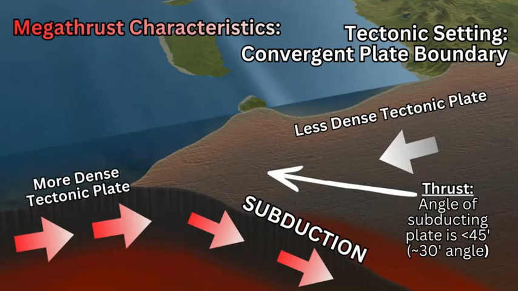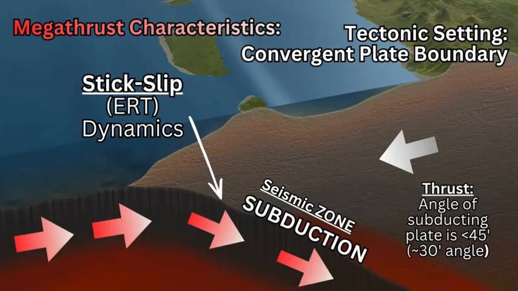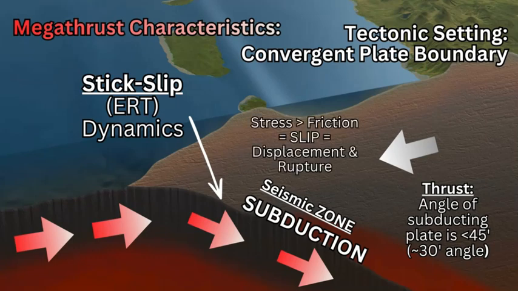And this subduction will be where the stick and slip dynamics and the failure and the corresponding displacement and rupture would occur along this subduction zone, along the point of surface contact and friction between the subducting plate and the overriding plate, in terms of the less dense one, which is more buoyant. And there we have this battle of the movement caused by the convection currents and the subduction, the buildup of